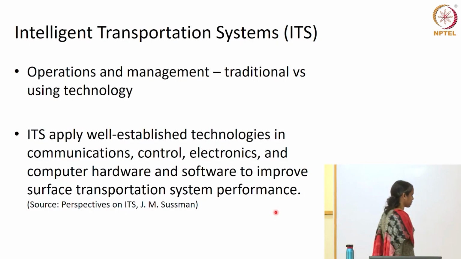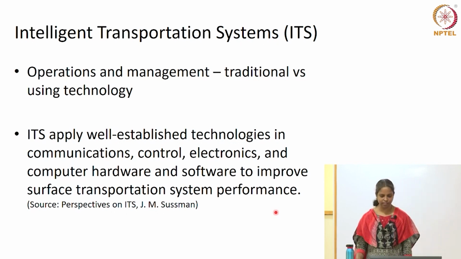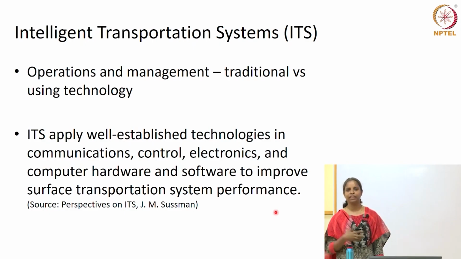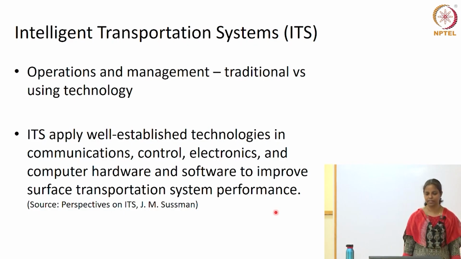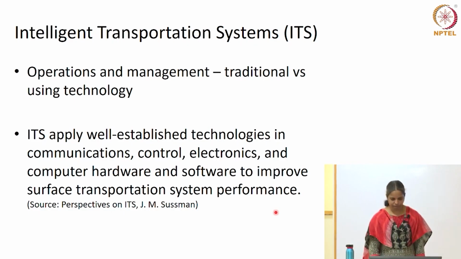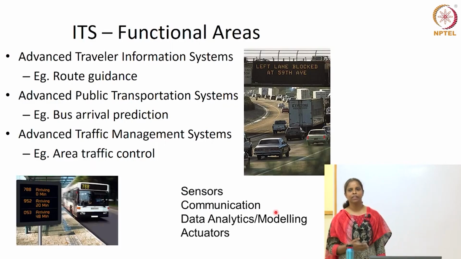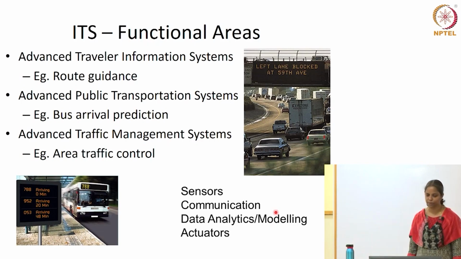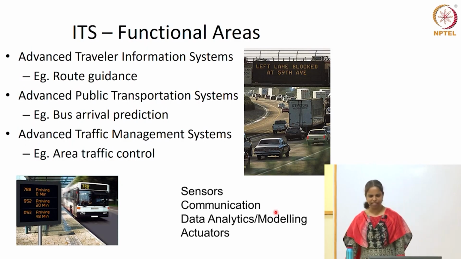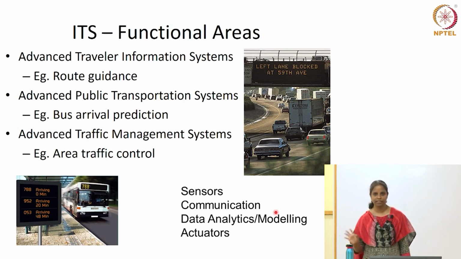So, this is again a textbook definition. It says that any advanced communications, control, electronics, computer related technologies being used in traffic, that's what the intelligent transportation system is. So, I will just quickly discuss a little bit on ITS, because the latest trends in terms of connected vehicles and automated vehicles all come from this starting point of ITS. So, ITS, there are many examples. Your Google driver assistance is a classic example of an ITS technology.